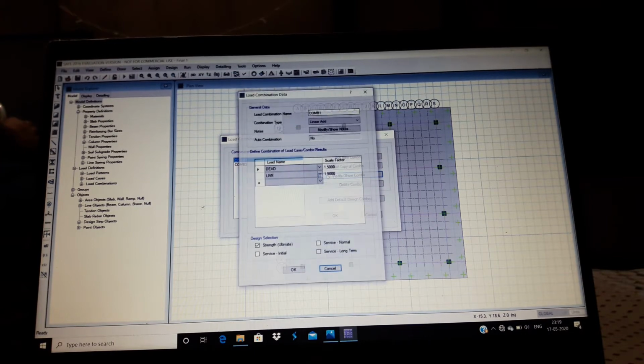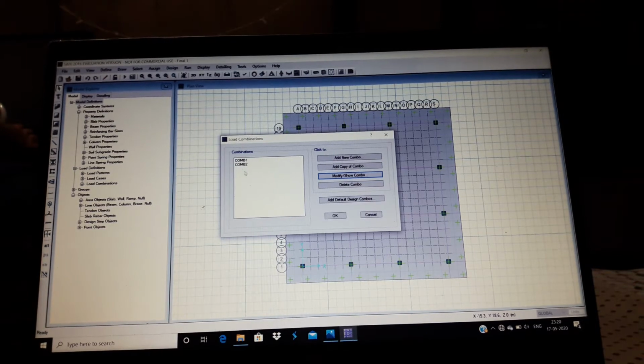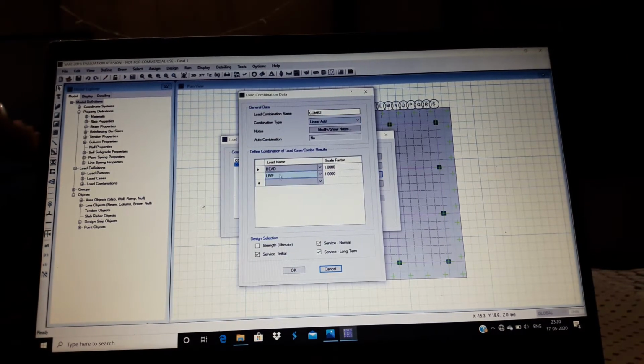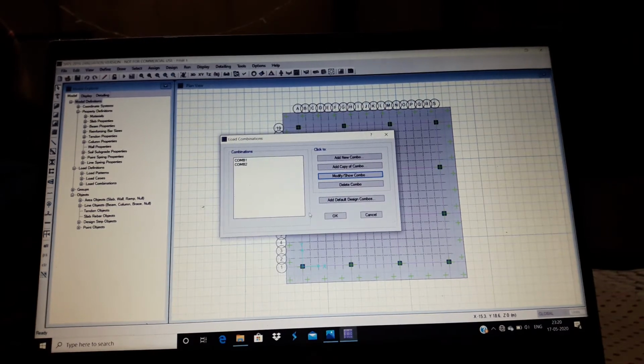The first combination of dead and live load has scale factor 1.5 each, and strength ultimate should be checked, and then click on OK. For combination 2, you can see here dead and live load scale factor should be 1, and check service initial, service normal and service long term and uncheck the box strength ultimate and then click on OK.